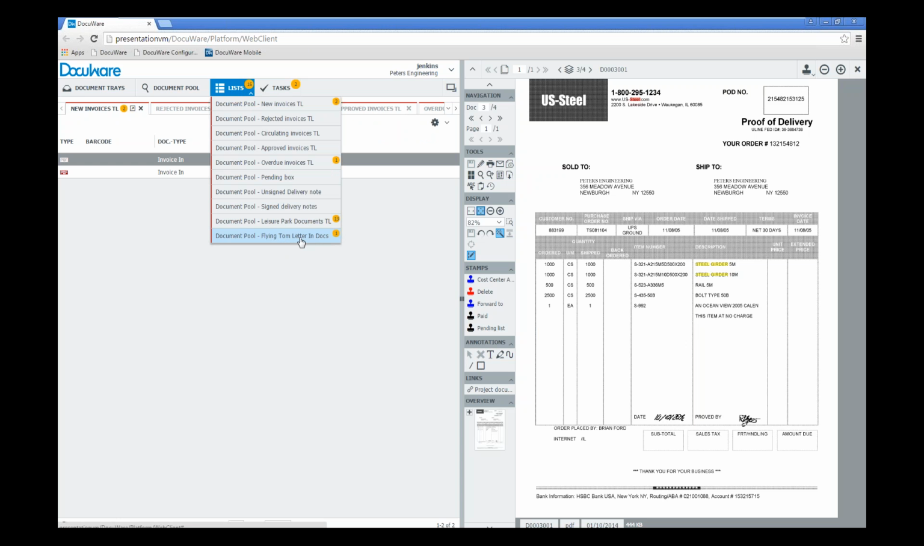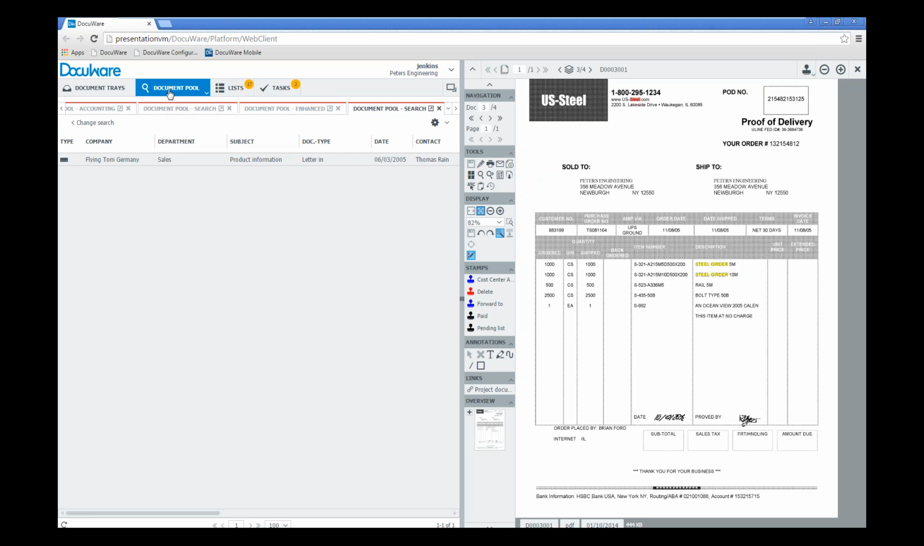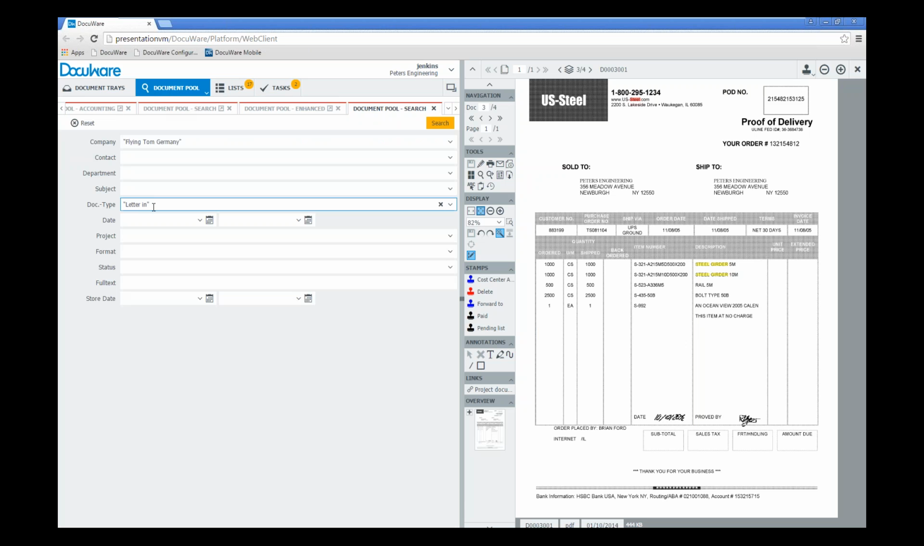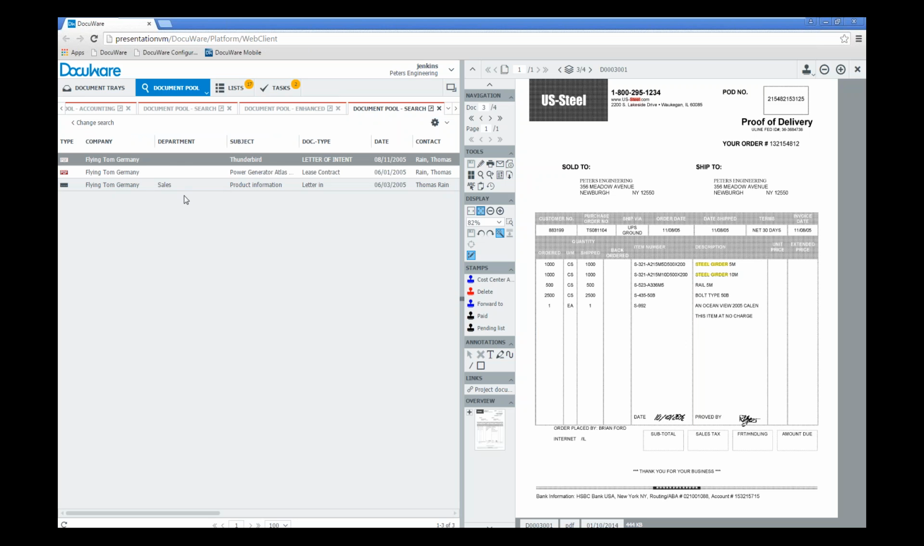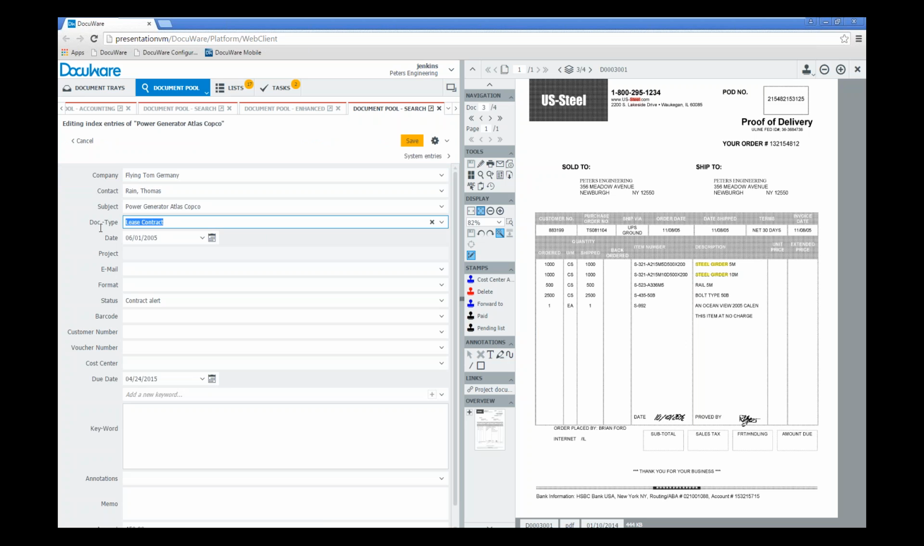So now if another document comes in that matches that criteria, it's going to automatically show up based on this search criteria for these documents. So let me just go back to my doc pool, change this search, bring up my Flying Tom documents. Now if I take my Flying Tom doc and I edit my index entries, and I change this to letter N now, save it,